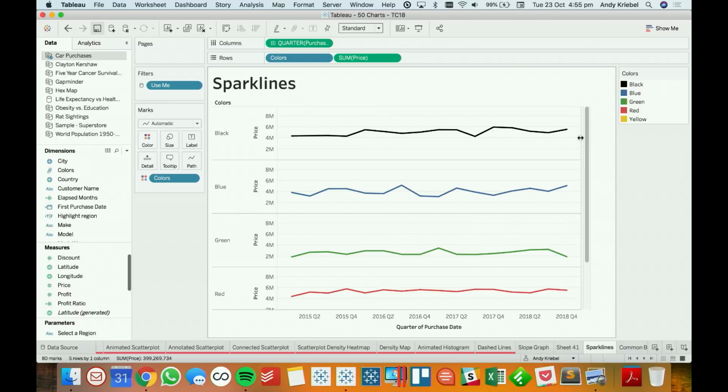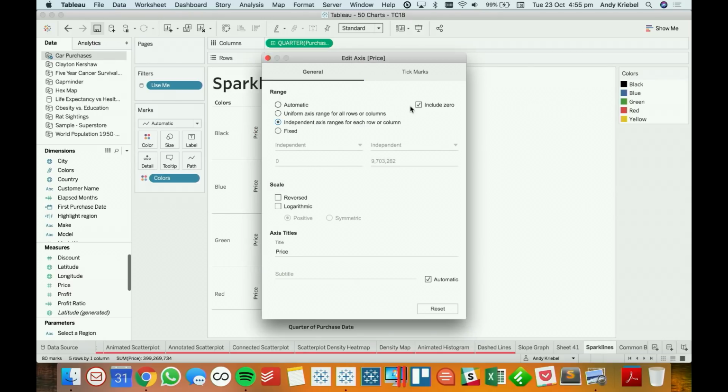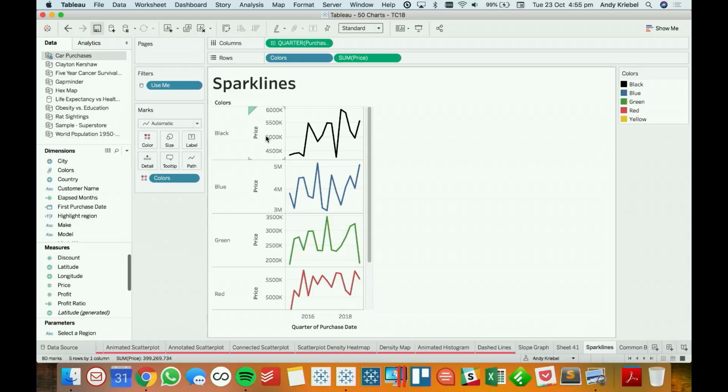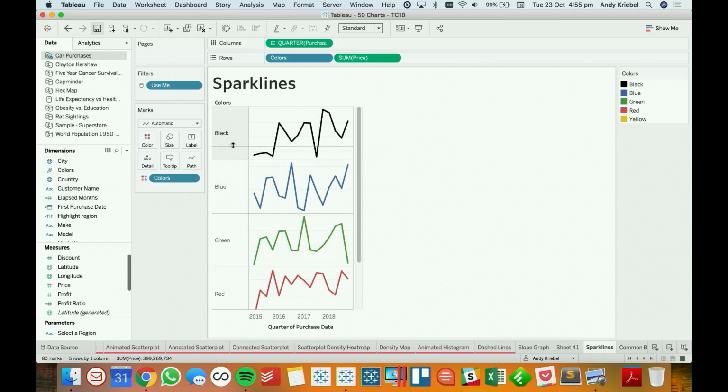And I just grab the edge of it, and I drag it in, make it a nice little spark line, and then double click on your axis, make them independent, uncheck the include 0, and then hide the axis, or uncheck the show header, sorry. And what I would probably do is make these a bit wider, make these a bit shorter, and you have